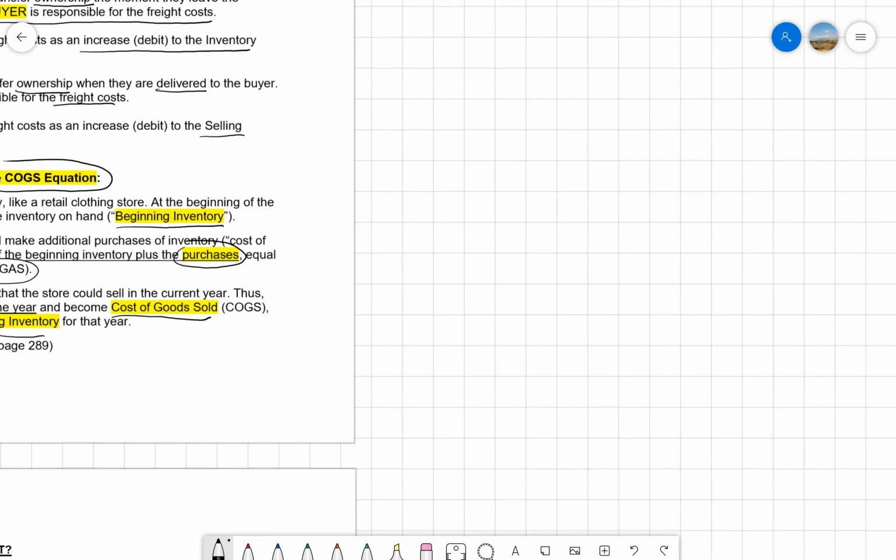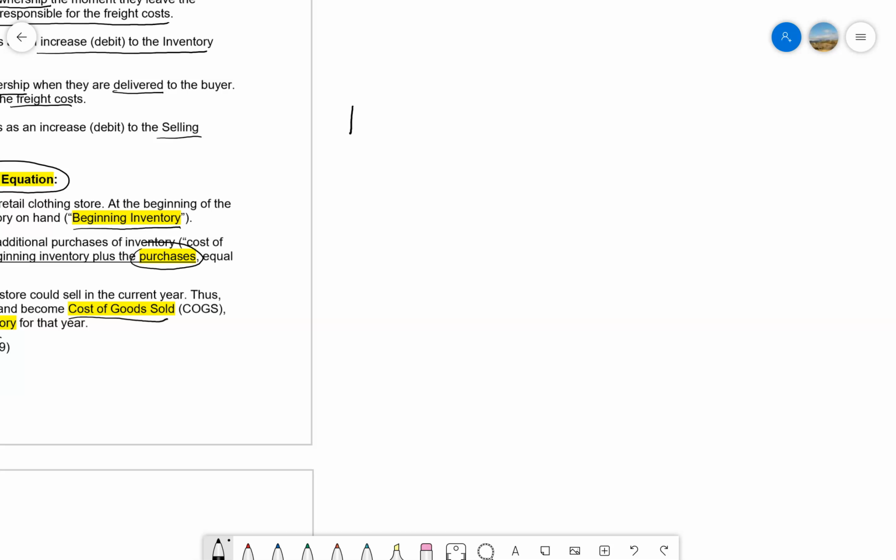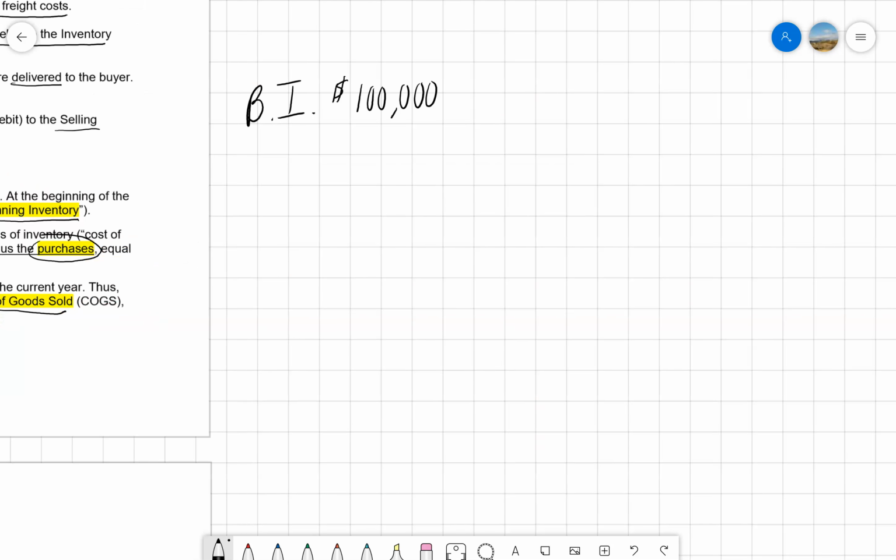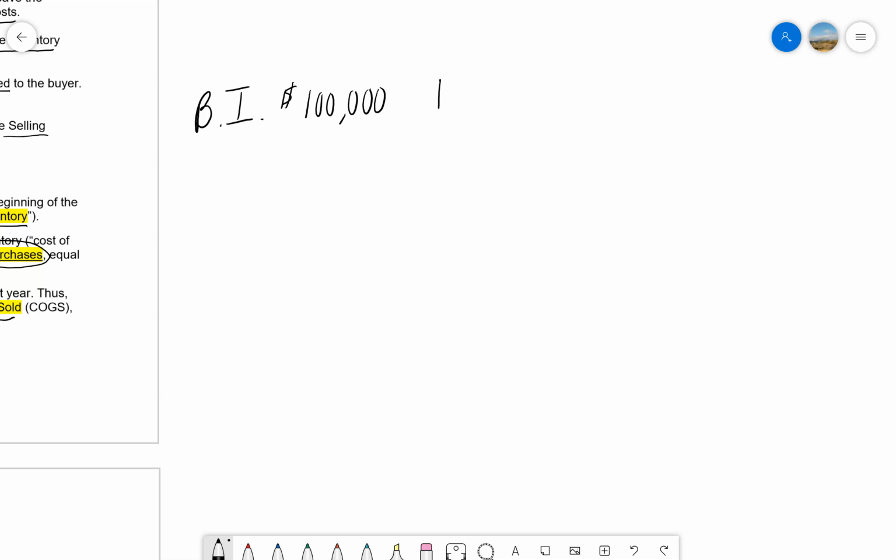Let me give you an example on the side here. Let's say we have this company and their beginning inventory is $100,000. And let's say during the year, they make all these purchases. We're going to call it net purchases. Net purchases is basically all your purchases minus any returns and allowances. And so let's say our net purchases equal